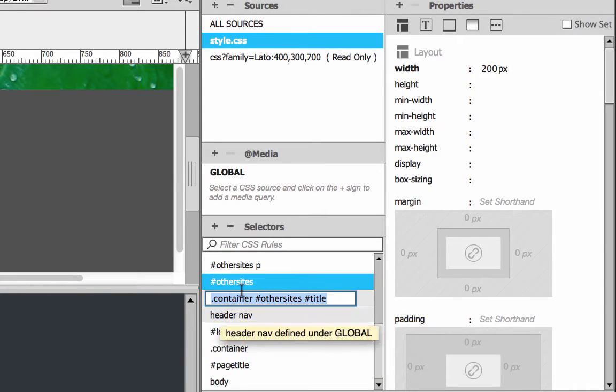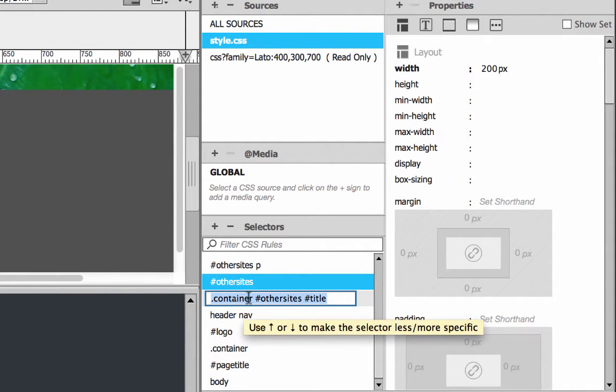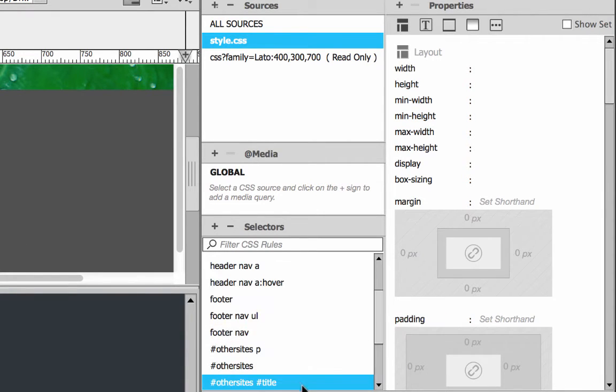Again, Dreamweaver says .container and then othersites and title. I can leave the container out and simply say an element called title inside an element called othersites. And here I want to do two things.